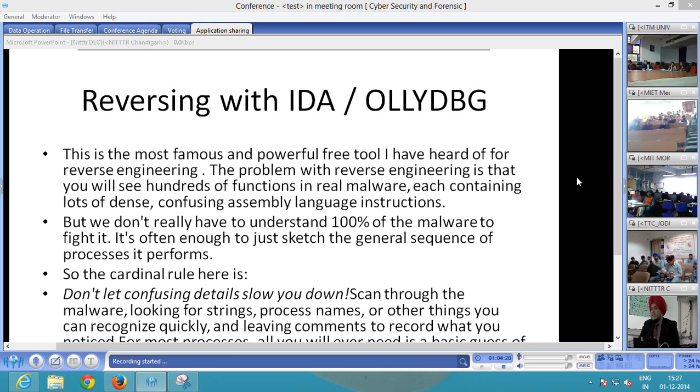I guess hardly 5 or 10% लोगों को, I don't know, जो इस सेशन को सुन रहे हैं उनको शायद रिवर्स इंजीनियरिंग के बारे में पता होगा, but still I'm taking a percentage of 5 or 10%, and this is something great, and a requirement of the industry, especially the antivirus making companies. They need people who have a hand on reverse engineering, right? And obviously it is difficult, each containing lots of dense, confusing assembly language instructions,